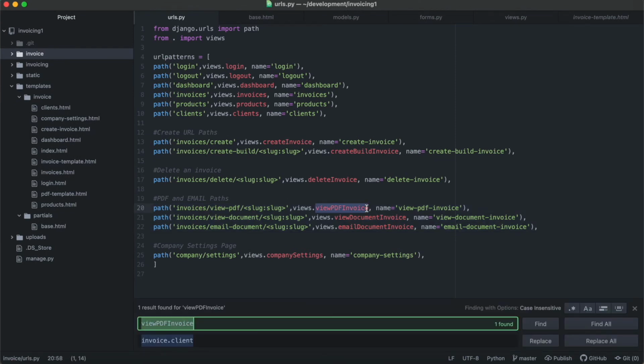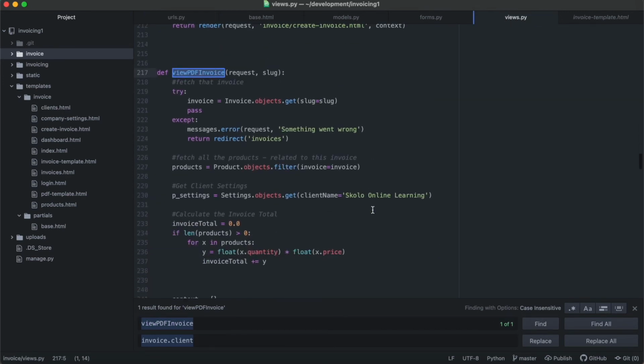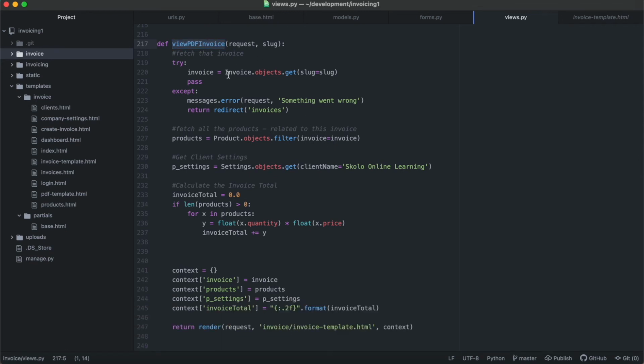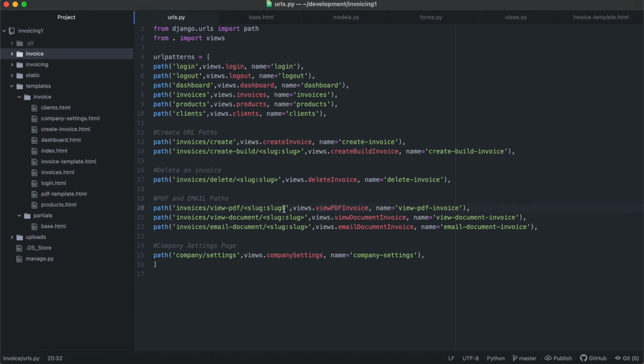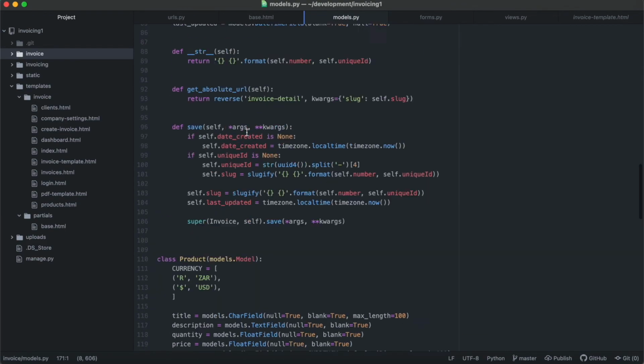So let me just show you how we've done the view file. If you highlight that, and we go into our views document, let's find this view function. All right. So in this view function, what we're doing is that we start by fetching the invoice by the slug. If you look at the URLs, you will see that for all these routes, you need a slug. The slug is to identify the specific instance of the invoice that you're talking about. This is why when we did our models, we have slugs everywhere. Remember, when we did our invoice model,